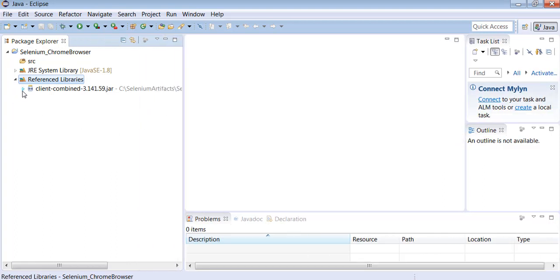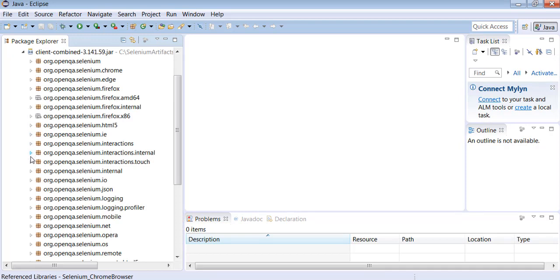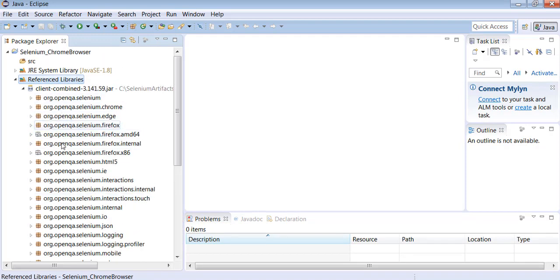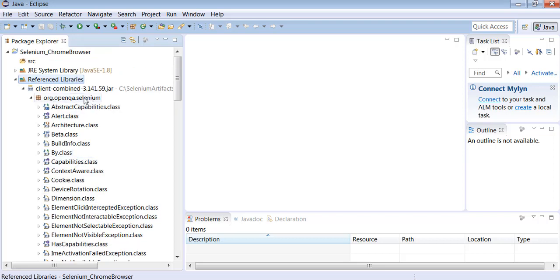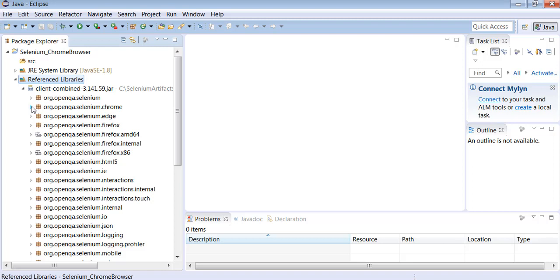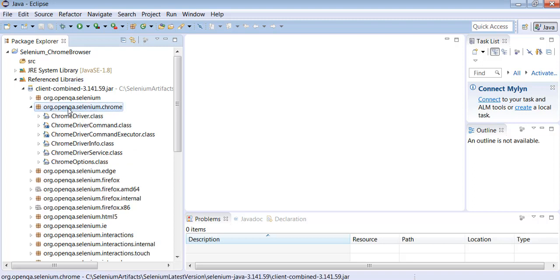We can see the content of the jar file. The jar file has multiple packages. You can open the packages and see the content of each package. You can even find the package org.openqa.selenium.chrome, and you can see the class file ChromeDriver.class, which might be useful for us to launch the Chrome browser.